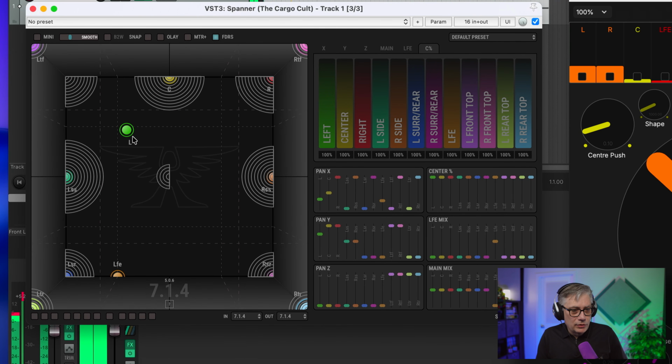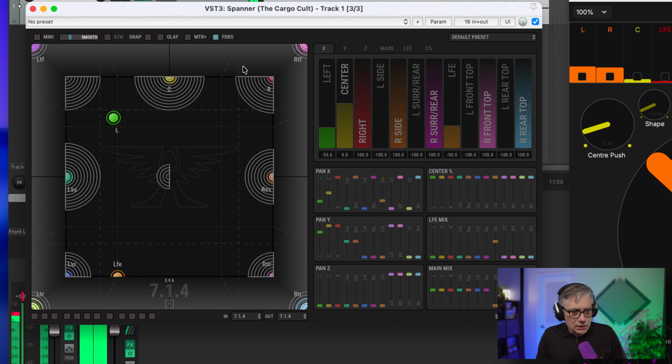And I can move them around, and then I will essentially get them into different positions, and I also see where the output is. So this essentially gives me the amount of information that goes into the output. I also have additional sliders that I can use. So if I don't want to use the interface here, I can also do that with the sliders.